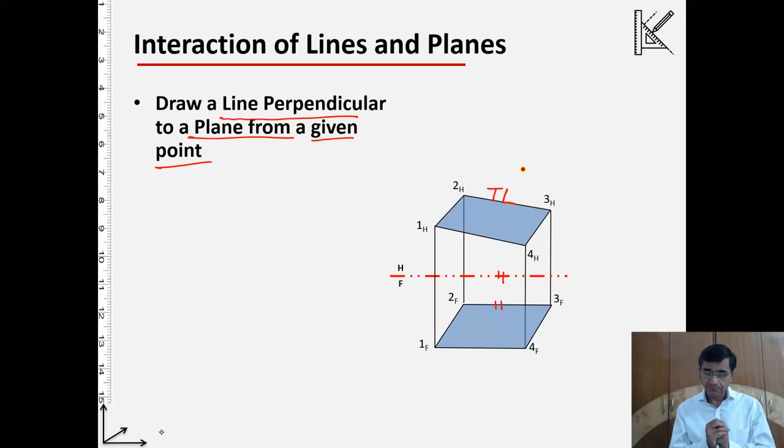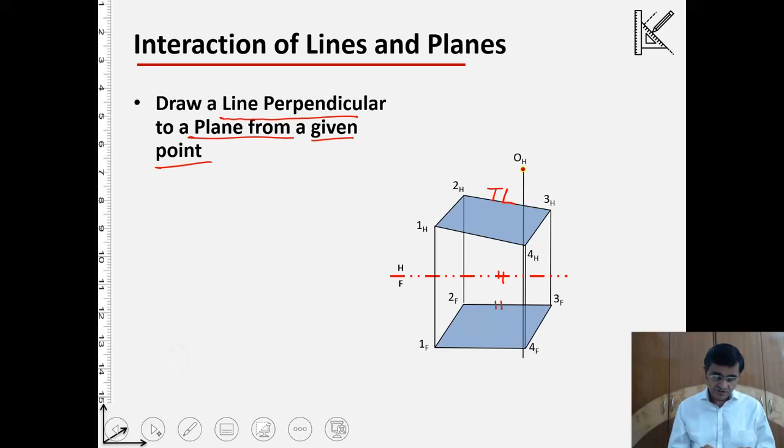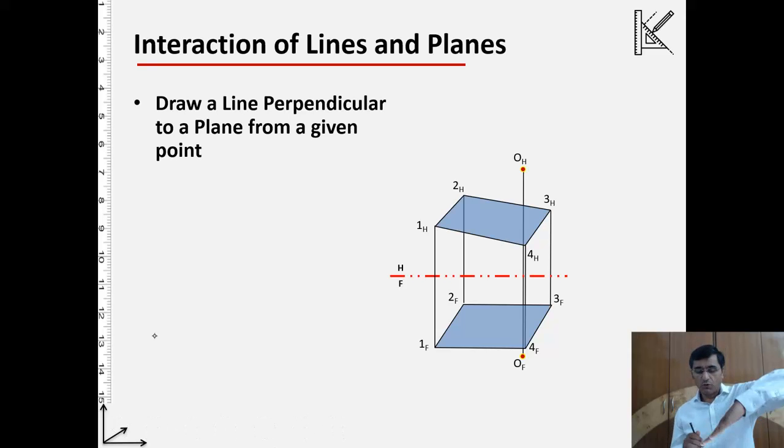This is why. Let OH be the projection of the point from where the perpendicular is to be dropped. Similarly, its corresponding projection onto the frontal edge is OF. Alright, just think of this. So that point 1, 2, 3, 4 is this 1, 2, 3, 4, and the plane 1, 2, 3, 4, and then the O point is somewhere here. That is how the O point is.